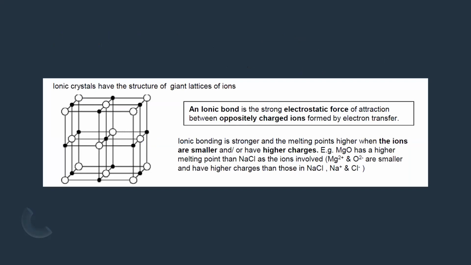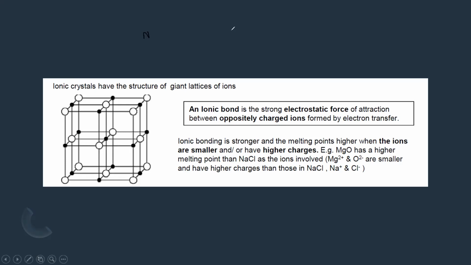So these ionic crystals have the structure of a giant lattice in which the ions are arranged in a regular pattern of positive and negative ions, and the strong electrostatic force between the ions is known as the ionic bond. An ionic bond is stronger and the melting point is higher when the ions are smaller and they have a greater charge. So for example, if I say